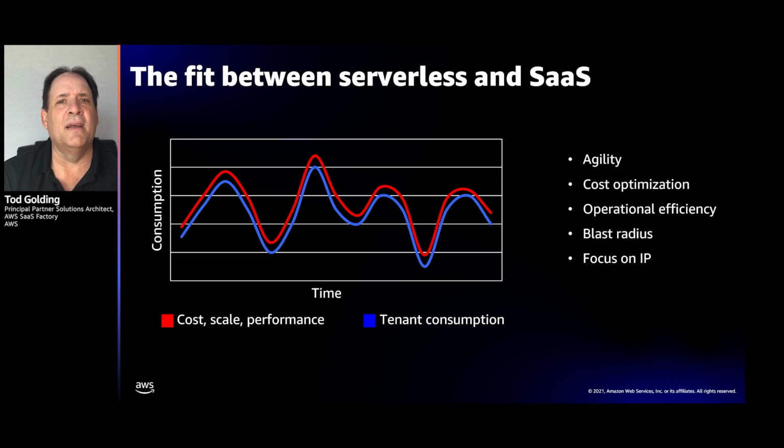We've shown this before, but essentially the blue line of this graph represents the trends of consumption inside your SaaS application. And this is the realistic universe of SaaS, right? Sometimes we've got these peaks and valleys of activity. Sometimes we're adding new tenants and the load is changing all the time. And it gets really hard to anticipate where the peaks and valleys of that activity will be or how to build an infrastructure that responds correctly to that. But in the dream world, we'd get this red line that you see here where the infrastructure consumption of our environment would align perfectly to the actual tenant activity, because that's our real goal as SaaS architects.